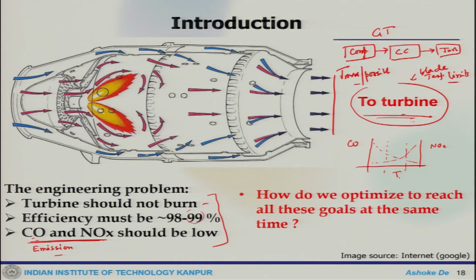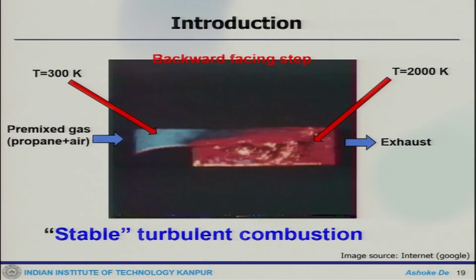So, you sort of compromise on these emissions, and at the same time this compromise would have an impact on the turbine blades. But at the same time, if you operate between certain limits, your efficiency may not be that high. So, we talk about different kinds of combustion, their applications, the impact on the downstream components of different units and all these.